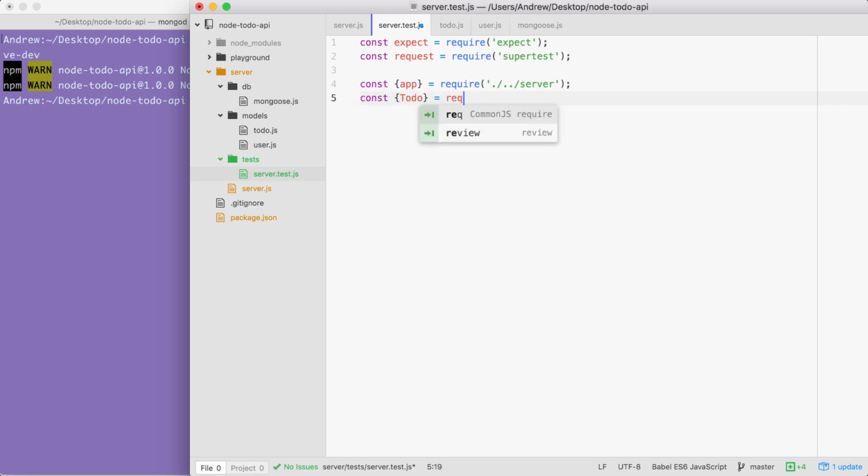We're using ES6 destructuring to pull that off of the export. And the file is from the relative path back a directory. Then we have to go into the models directory, and finally the file name is called to-do. And now that we have all of this loaded in, we are ready to create our describe block and add